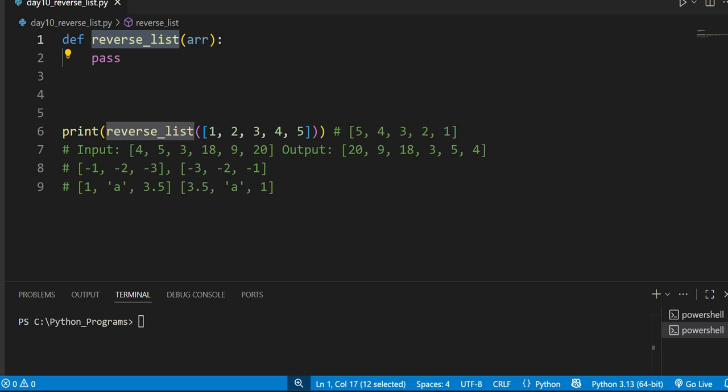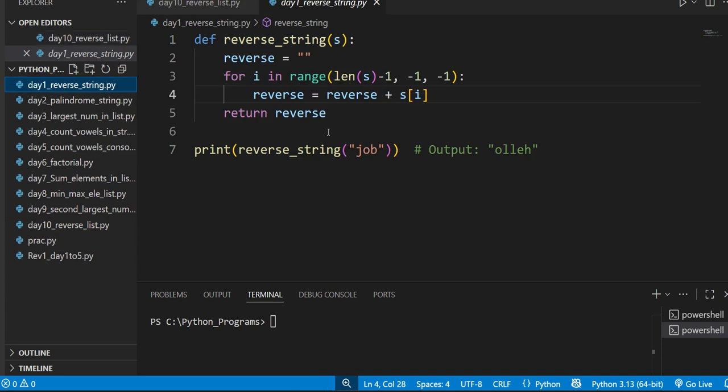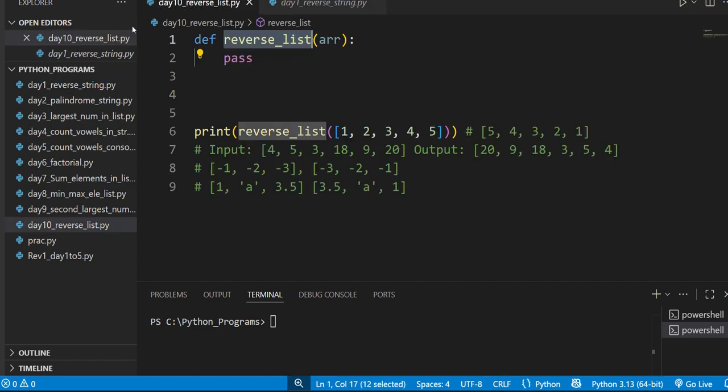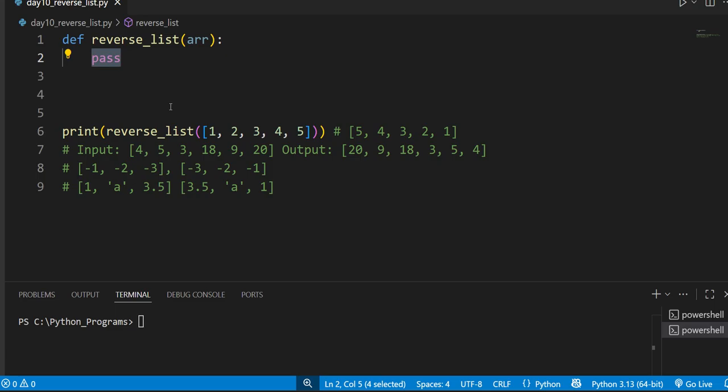I have defined a function and I also created a Python file. In the previous video we also reversed a string, in a loop-based way. Let's try to do it for a list also. So the first approach is nothing but